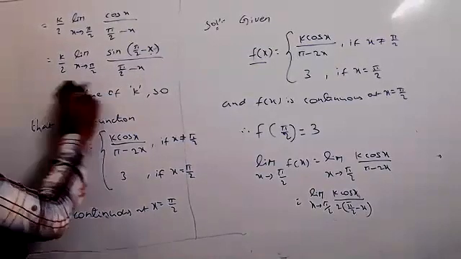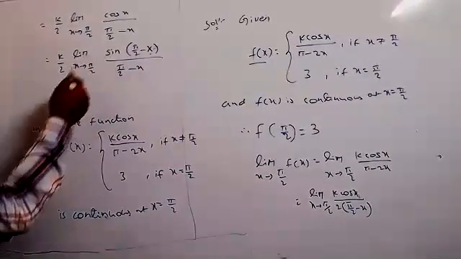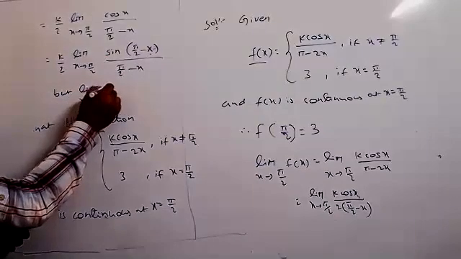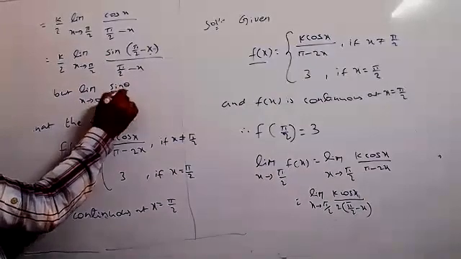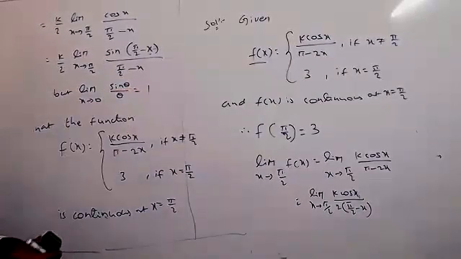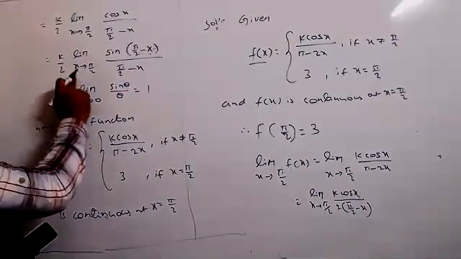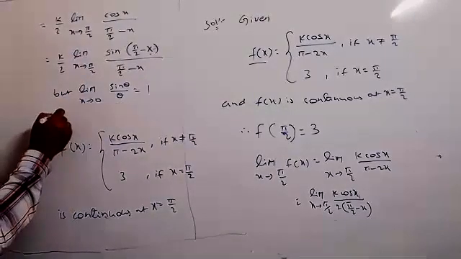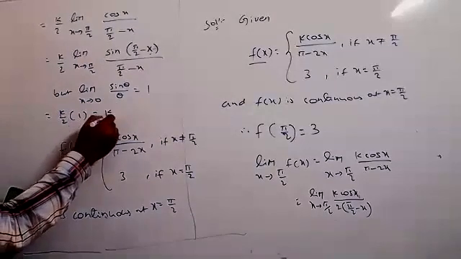Therefore, if you want a formula, you can write it: limit as theta tends to 0 of sin theta by theta is always 1. That means in place of this, you can write 1 here. So what about the remaining value? It is equal to k by 2 into 1, which is k by 2.